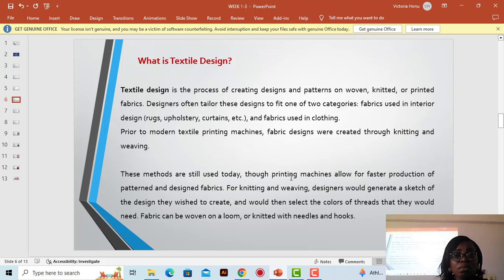So let's move forward. But the only thing is that now we have machines that make the work faster, though we have the manual process or way of making them. Sometimes it is good to also know the manual way of doing the thing, so when the machine comes, you can progress properly. Okay,